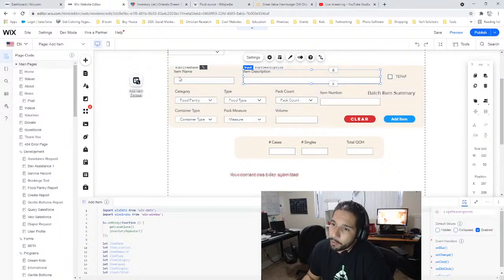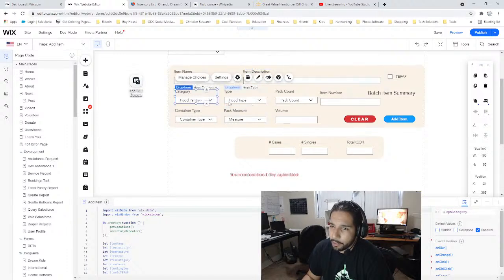For example, as you are creating the item, you can put a name on it, but then as far as you picking all these other categories, that becomes part of the name or the description, right? So that way you are describing the item you added by the type of options you're selecting,